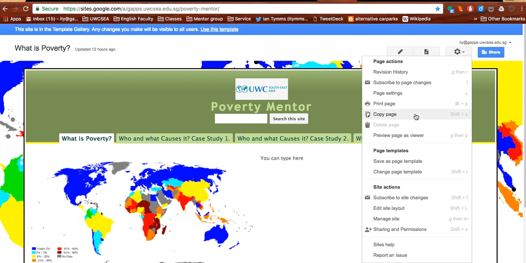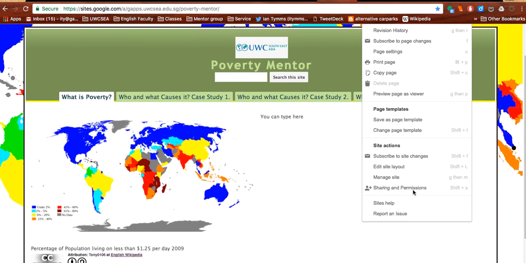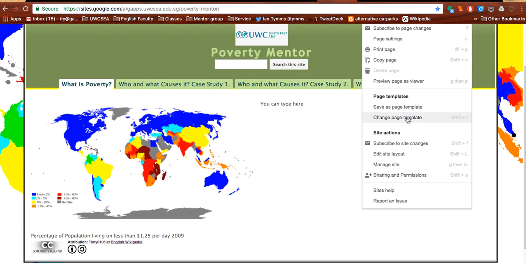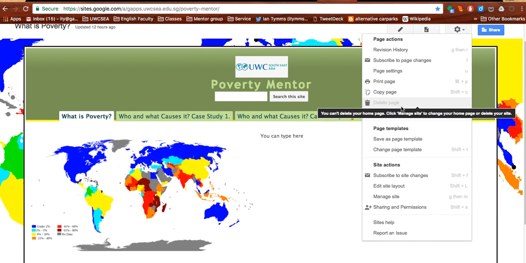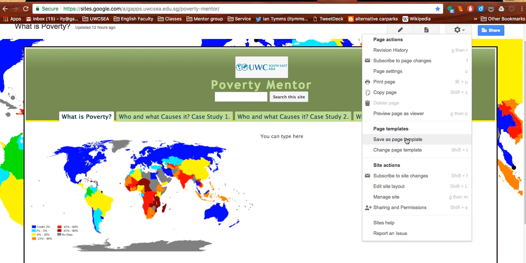One very useful thing to know is that you can delete a page. I'd need to be in the managed site to be able to do this at the moment, but you can delete pages if they're not what you want them to be. As we work through here, there's some powerful things and you can really mess up your site quite a bit. So be careful when you're in this space and think carefully about what you're trying to do before you do it. But if we scroll down here to sharing and permissions,